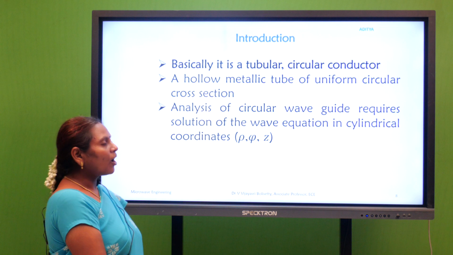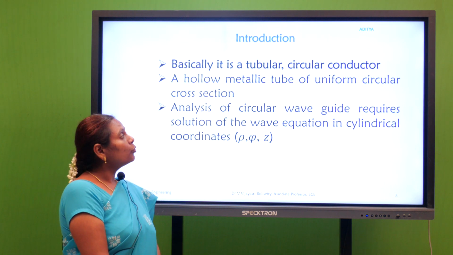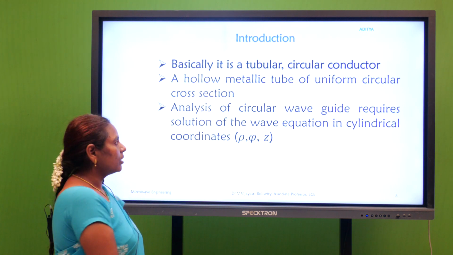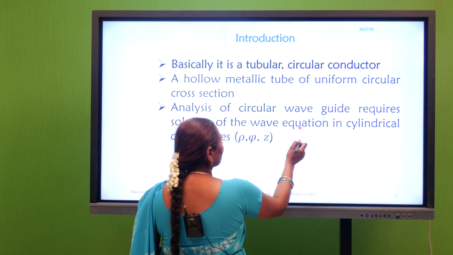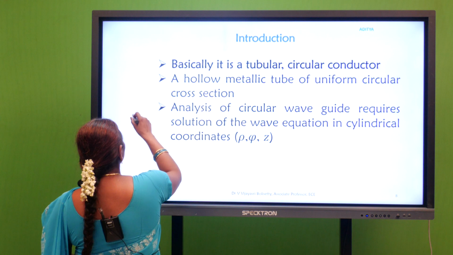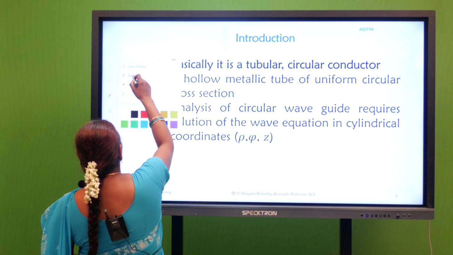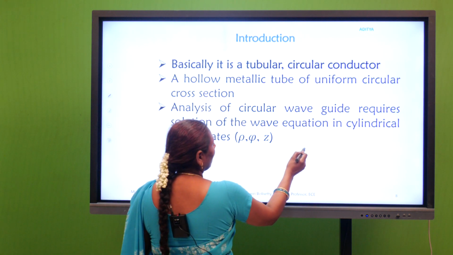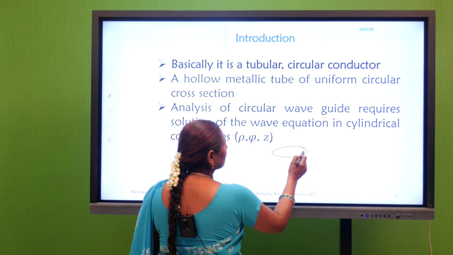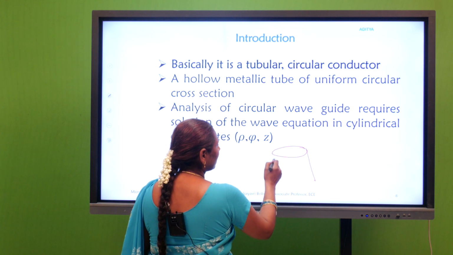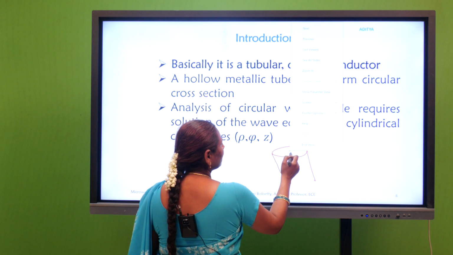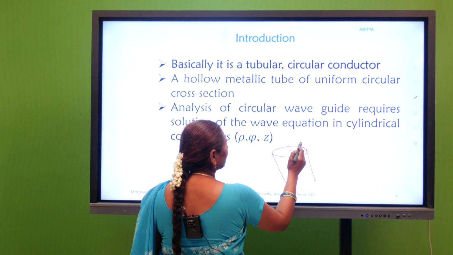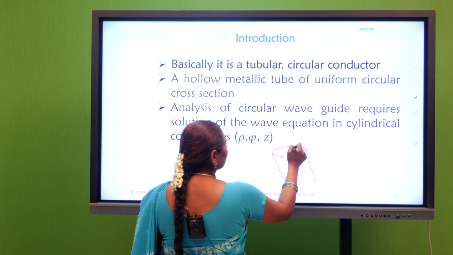It is a hollow metallic tube with a uniform circular cross section, like this, and it is just like a tube structure. So, this is the end, and the most important dimensions for this are the radius r